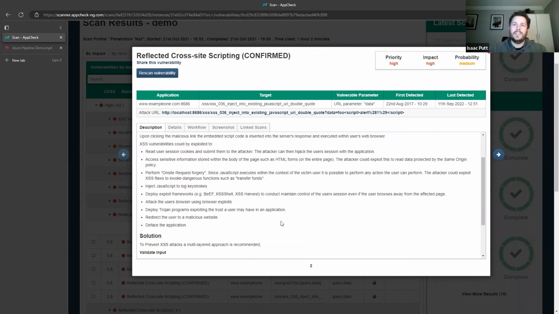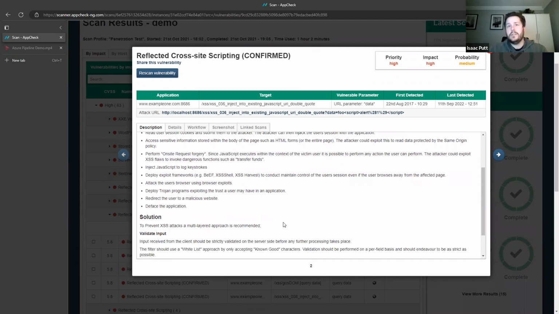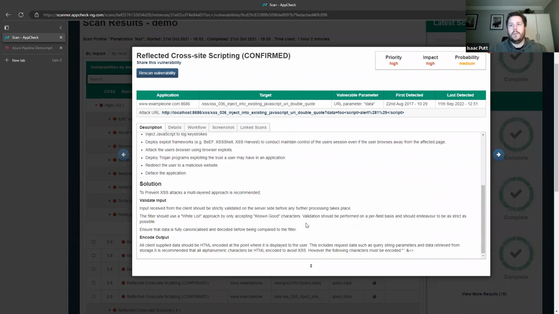So of course, it then helps us to build a picture of the implications to us as an organization about what would happen, or what potentially could happen, if that was exploited and a hacker was able to take advantage of this. And of course, we're getting there first. So here's the remedial guidance and what to do to fix things. This will be the location in the application as to where this has been found.